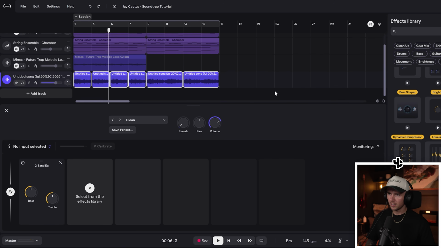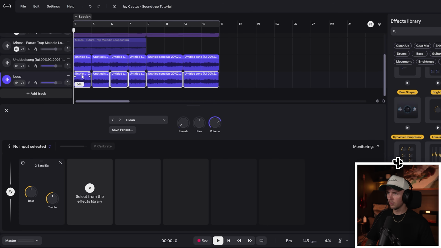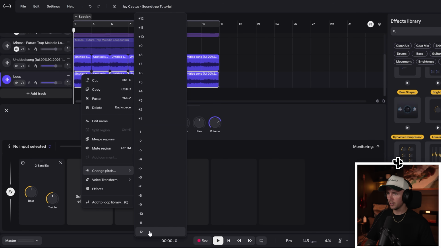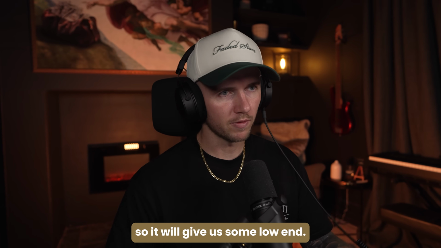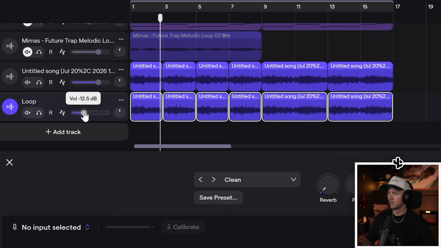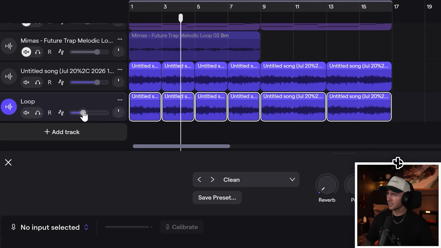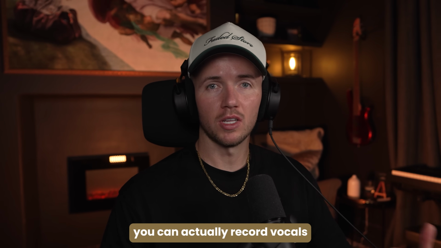Maybe we could copy it down an octave. So let's take everything, bring it onto a new track. With this one, we'll highlight it, go to change pitch, and then down 12. And this will just give us a copy but down an octave. So it will give us some low end. Turn this down a bit. Yeah, that sounded hard. And Soundtrap isn't just for MIDI, you can actually record vocals and live instruments too,